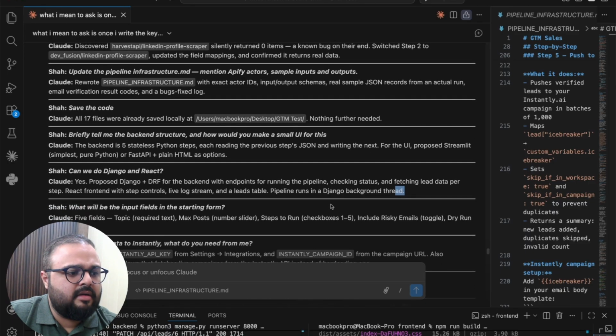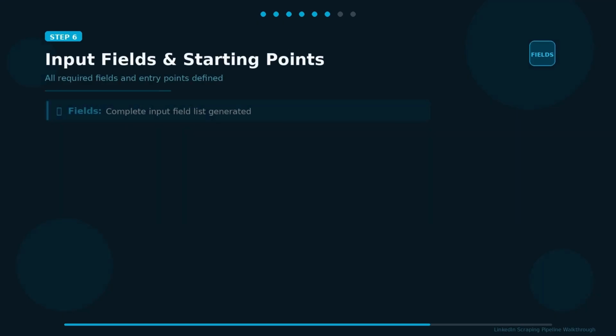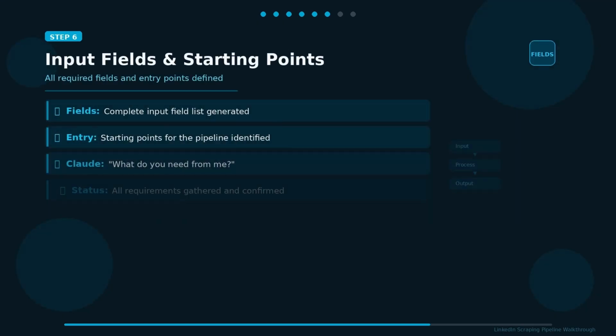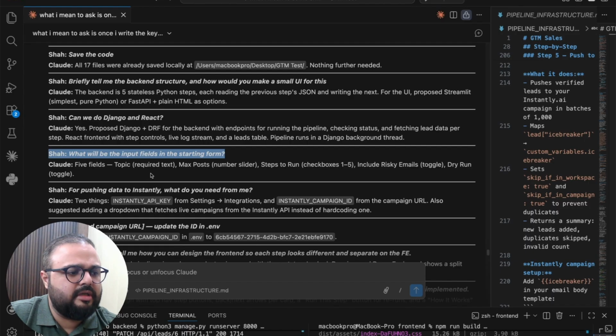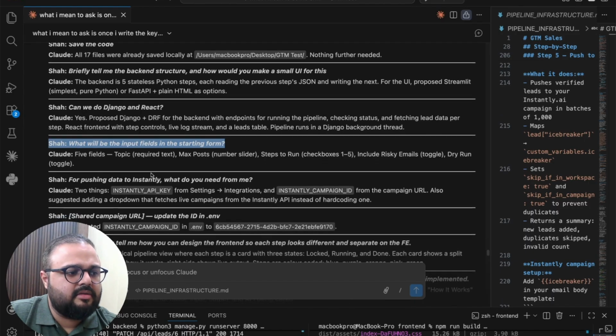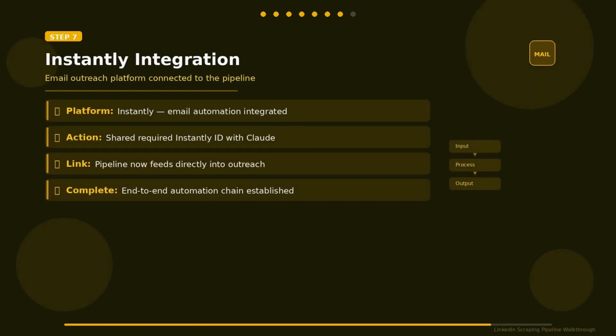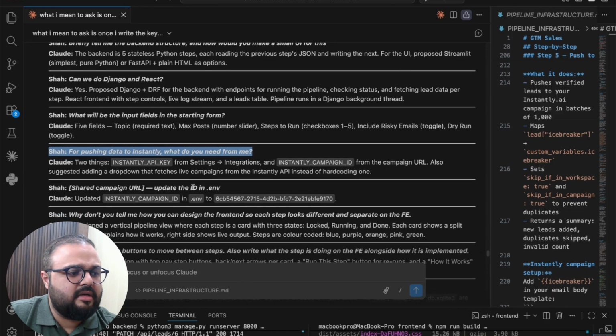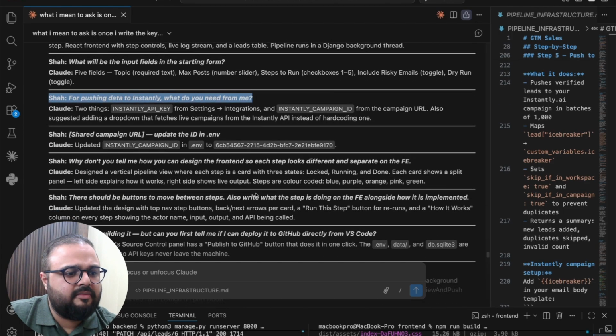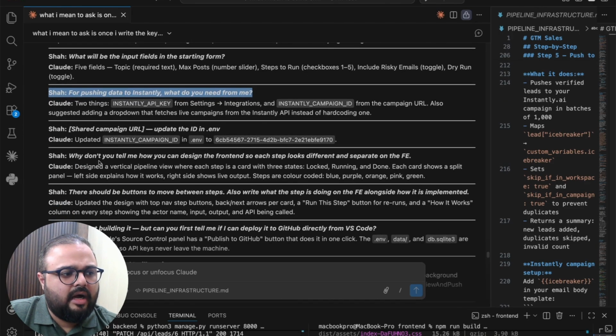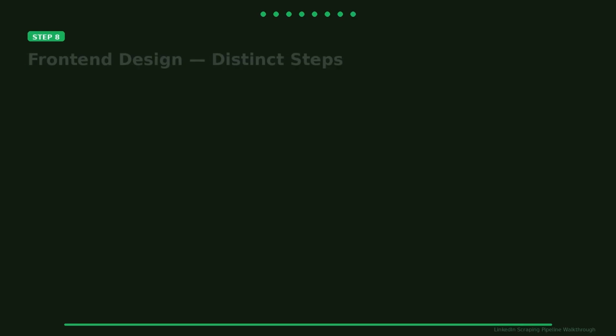And then I asked it what the input fields will be and what the starting point will be, and it told me that these are the fields, and what do you need from me other than that, right? So then I asked it, for instance, I believe I have given you everything, so do you need anything else from me? It just asked me to share the ID. I did that. And then from there, I asked it to show me the design of the front end,